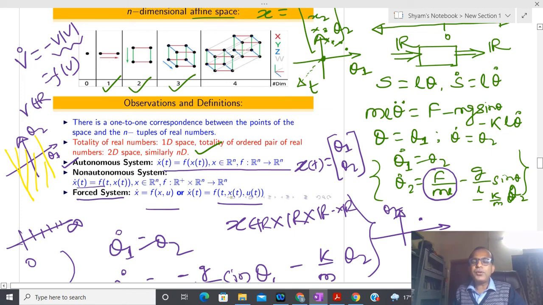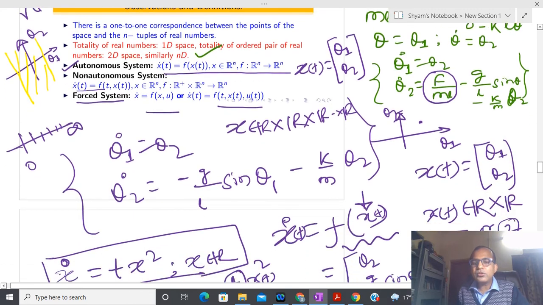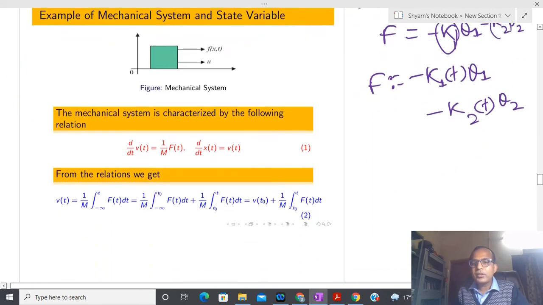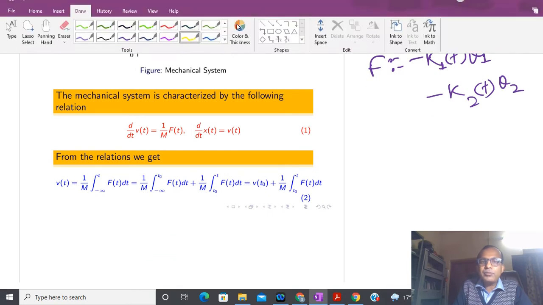Suppose I have some collection of numbers, and out of that I have selected some interval, some part of the numbers. Then what is the name of that? Have you heard about subset? Yes, sir. So at that time I have to represent the system in the form of a subset. So how are we changing the representation? I am going to write here. At that moment I have to write like this: